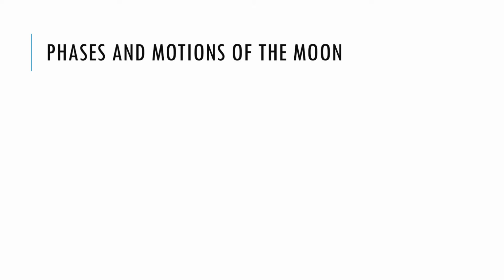Phases and motions of the moon. The moon is the brightest and most obvious object in the sky. Unlike the sun, it does not shine under its own power, but merely glows with reflected sunlight. If you were to follow its progress in the sky for a month, you would observe a cycle of phases,